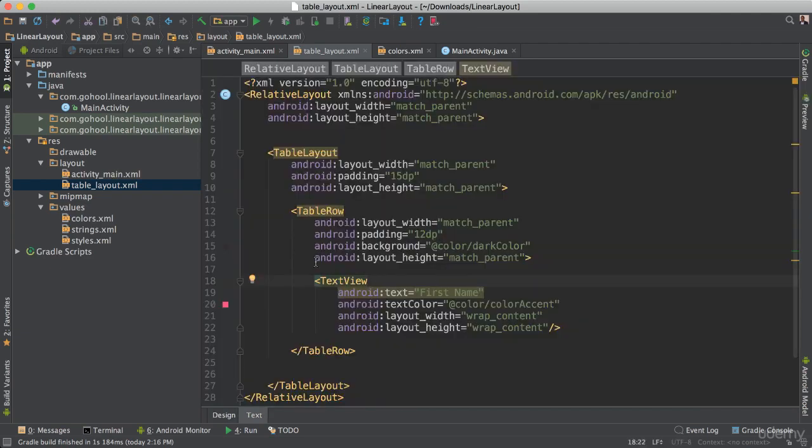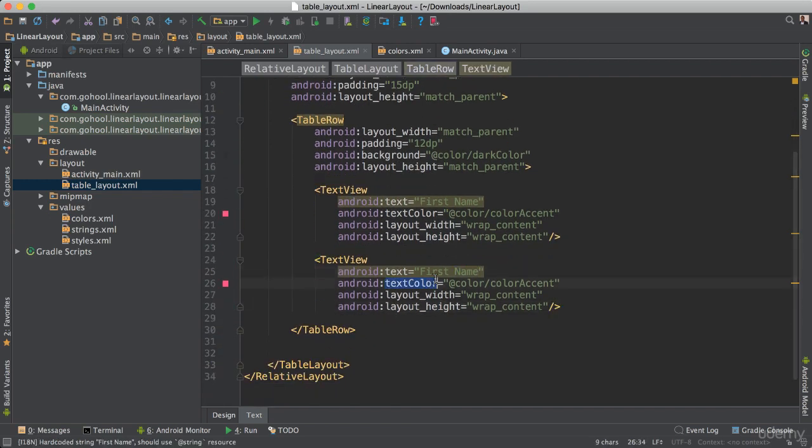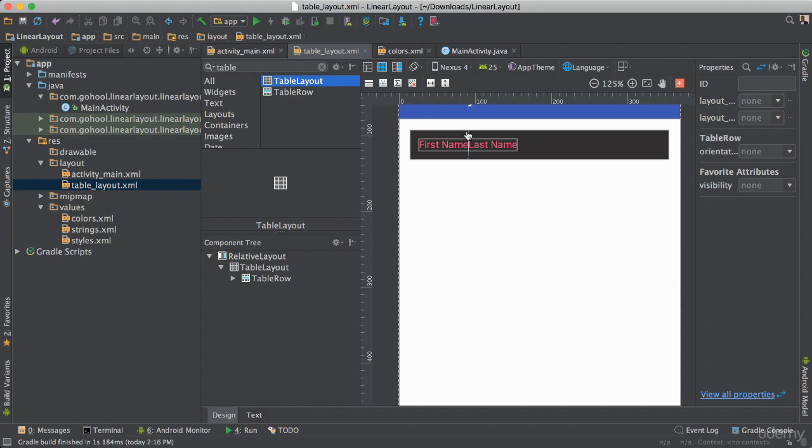row. So now that we have this row, let's add another text view inside of this row. Now remember, this is a row, which means things will be stacked to the left and right. Okay, it's gonna be last name, that same accent color, that's good. Look at that. Now we have a problem here because we have an issue where everything is to the left,